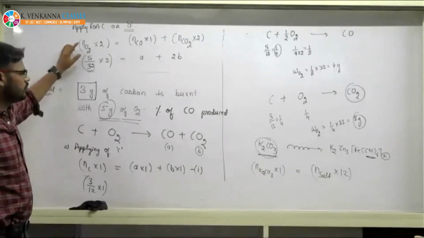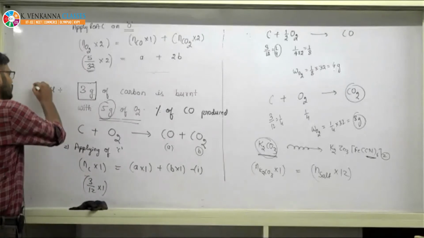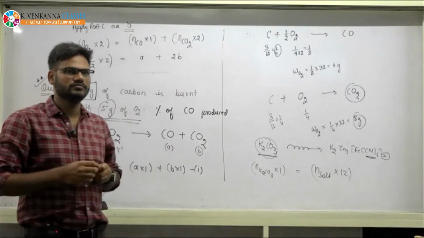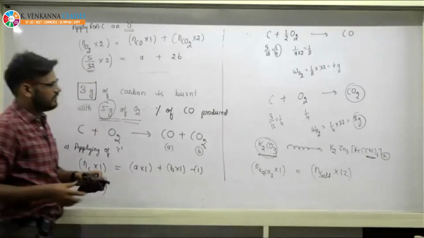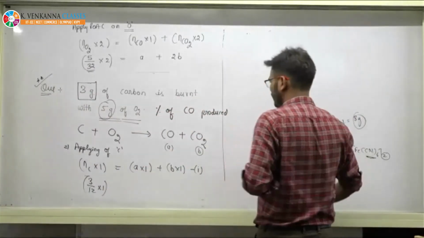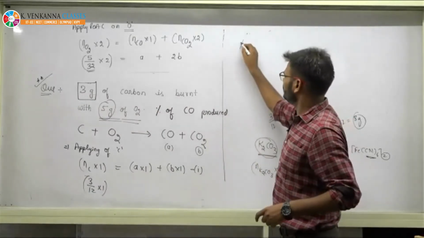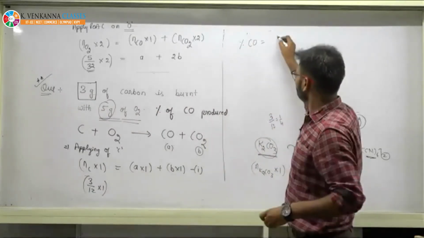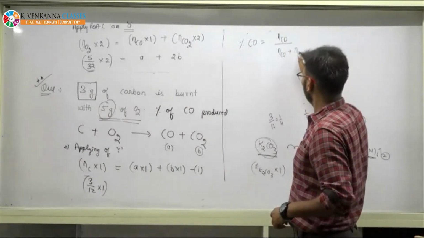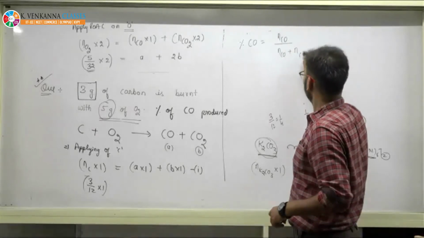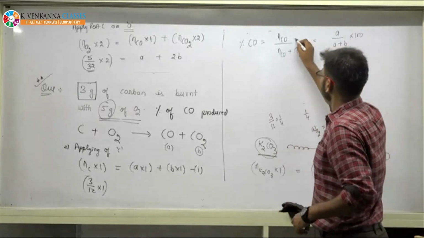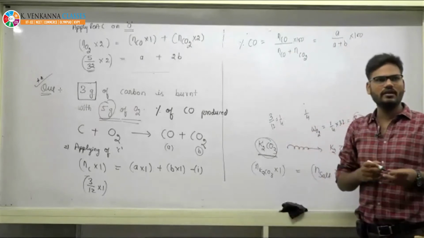Fine. So anyone who is having any doubt, beta, this is a very important question. If you want to solve it by mole concept, it will take at least 2 to 3 minutes extra, right? That is why I have solved it this way. And I will be giving you homework on similar lines. Now, how to calculate the percentage of CO? Percentage of CO will be equal to moles of CO, that is A, upon moles of CO plus moles of CO2, that is A upon A plus B, into 100. This is how you will calculate. You calculate for A and B and then solve it.